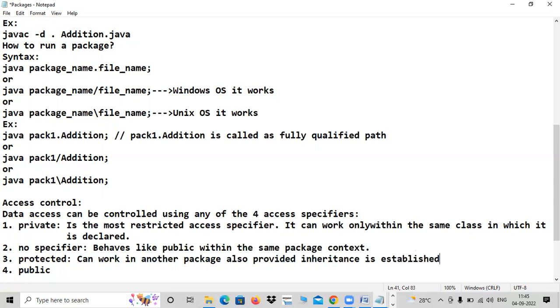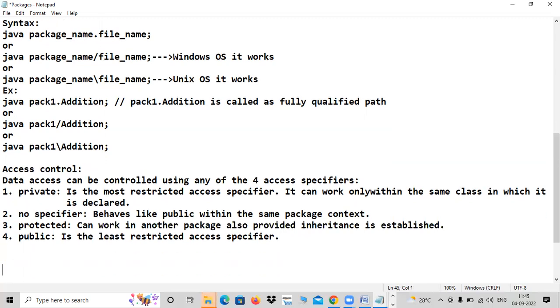Otherwise it won't work. And public is the least restricted, just opposite to private, the least restricted access specifier. There is a difference.